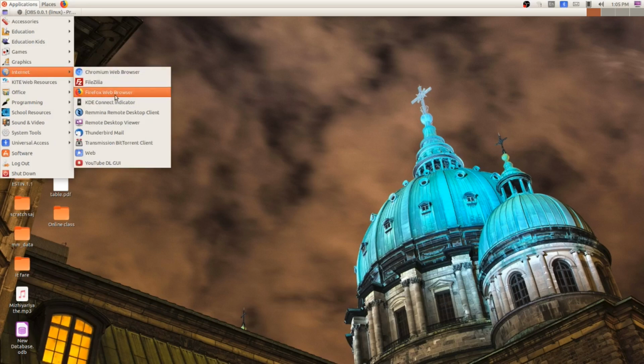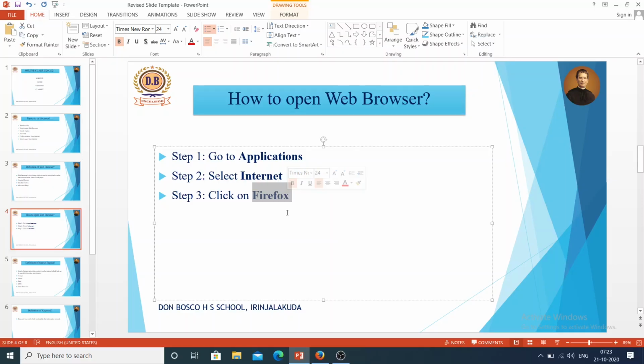The most familiar one for us is Mozilla Firefox. Click on that, then you get a web browser, and you can search pictures or keywords, whatever you like. This is how we open a web browser in Ubuntu.